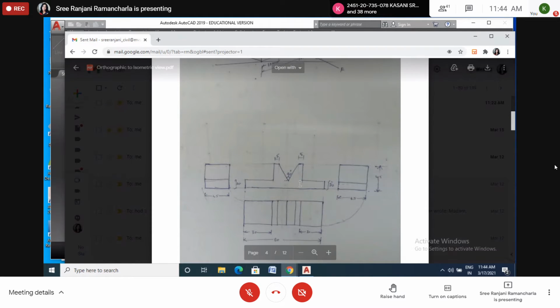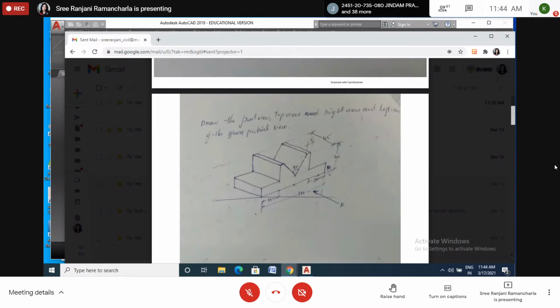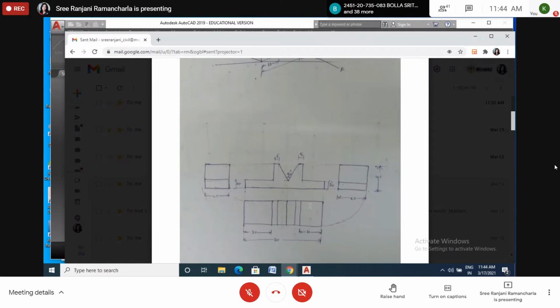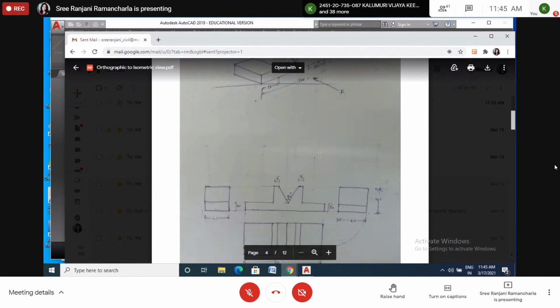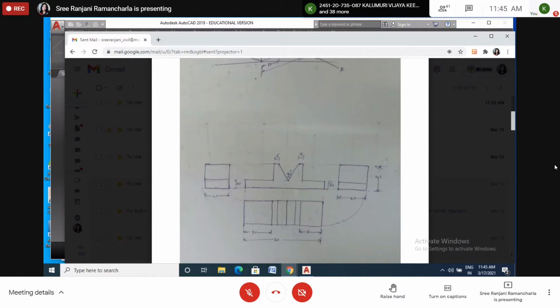Okay, now the top view. So this is very easy. This is the top view when you look from the top. So it will be in the bottom. Bottom means it will be coming downwards. Okay, there are no hidden lines. Just very simple. If this is 30 and this is 30, if this is 120, the remaining is 60. Okay, the remaining portion is 60. And this is the rough drawing I have drawn. This is 120, 30, 30. So how much? This is remaining 60. Okay, remaining 60 and this is 10, 5. This will be 5. So from here I drew simply.